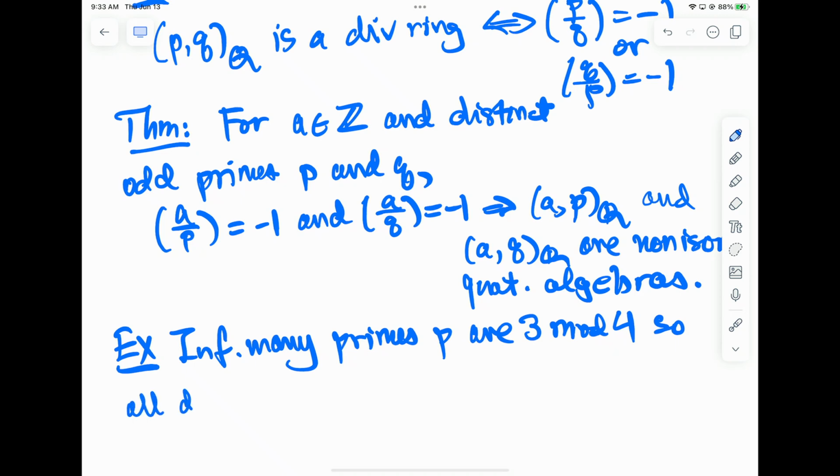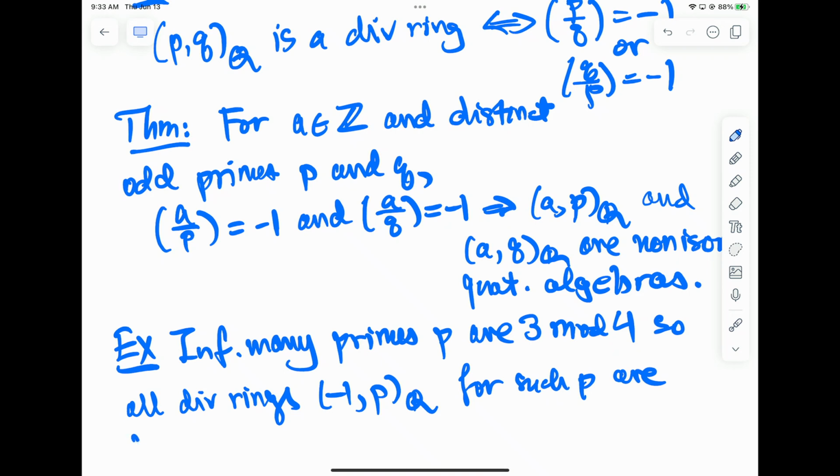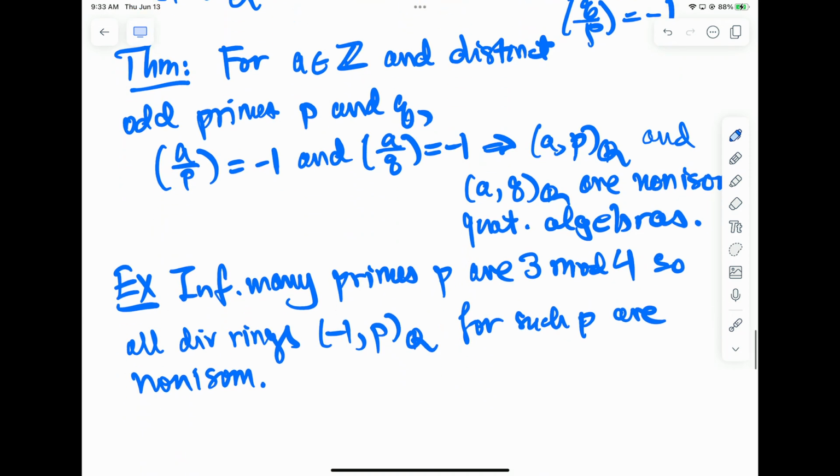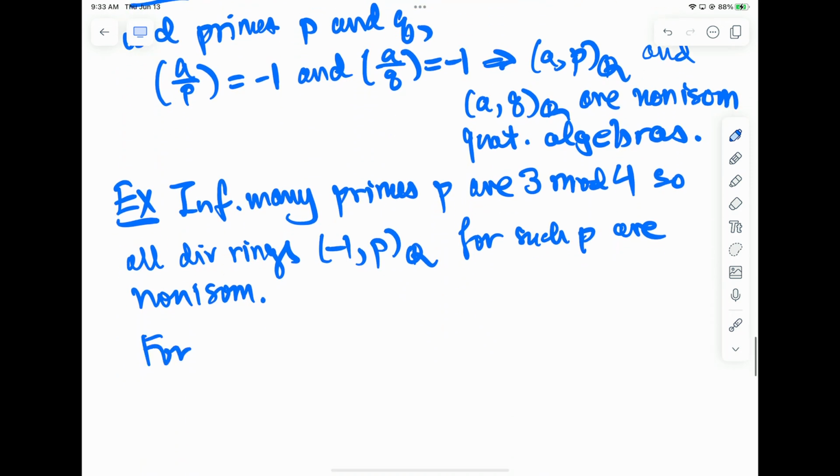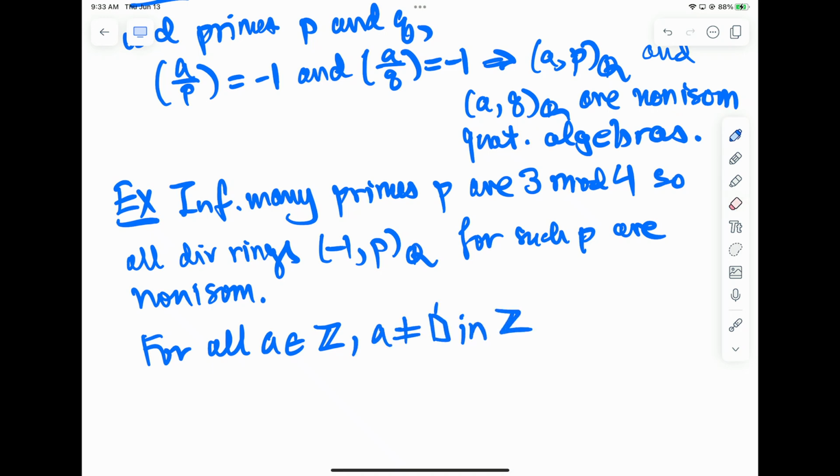So all the division rings built with -1 and P, as P runs through those primes, are non-isomorphic. So there are infinitely many non-isomorphic division rings, and you can use this with any A. So for all integers A not equal to a perfect square, not equal to a square in Z,